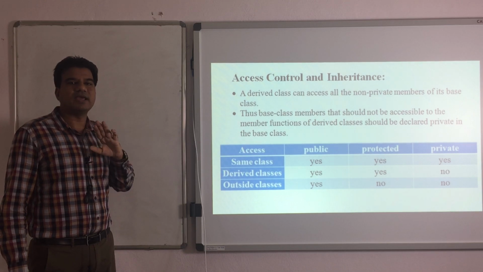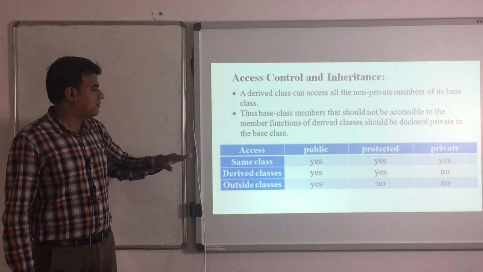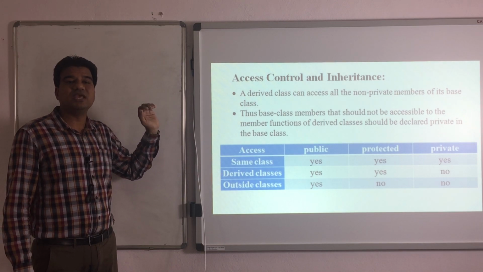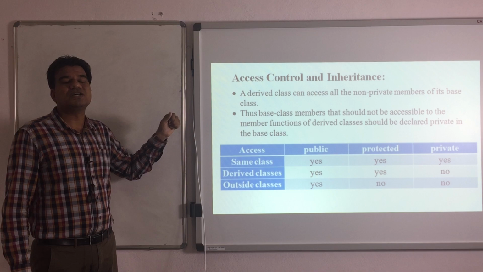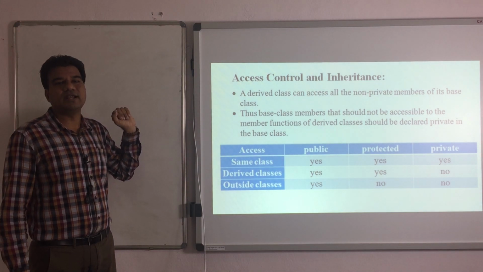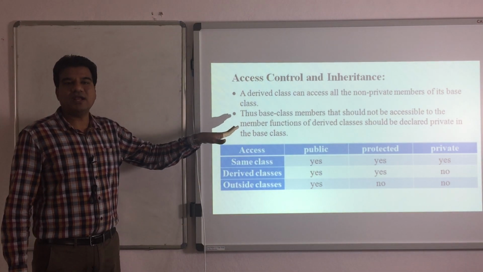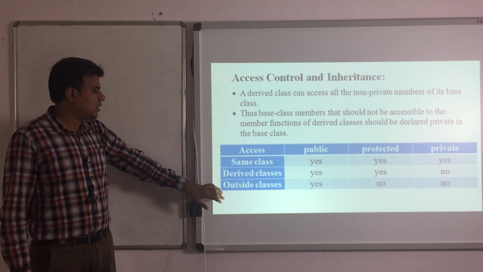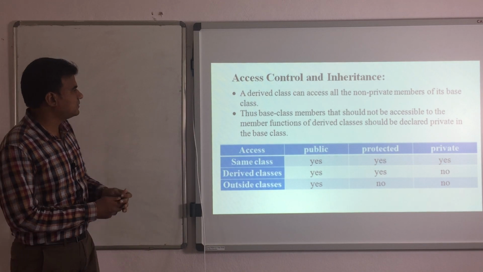Private and protected are restricted. But when we are talking about derived classes, which are derived from the existing base class, you can access public as well as protected data members. And private data members still have restriction from access. So this is something we said.